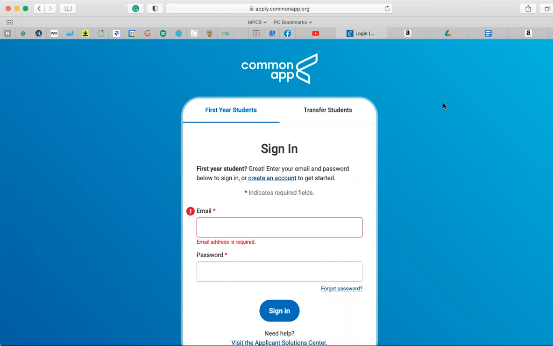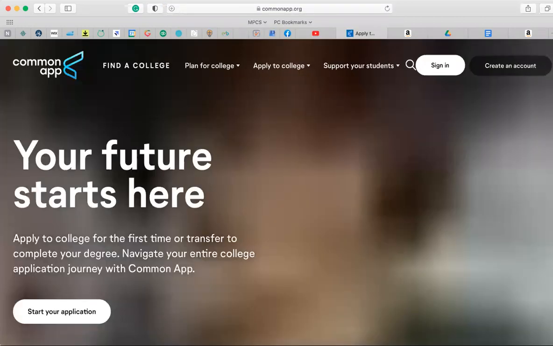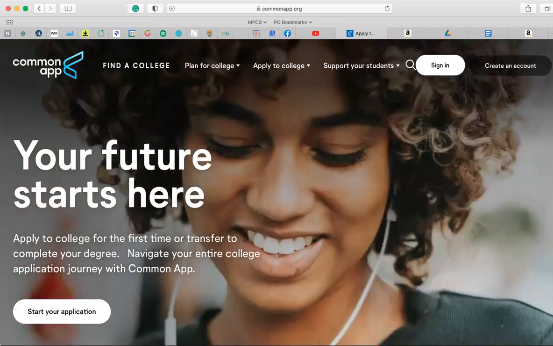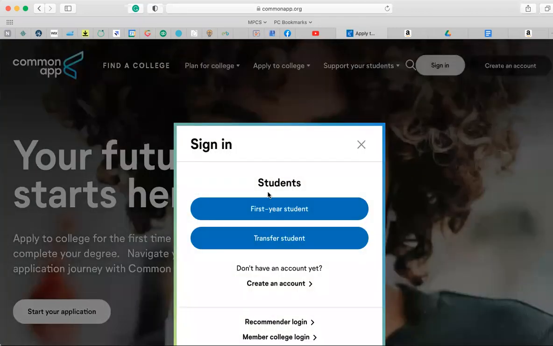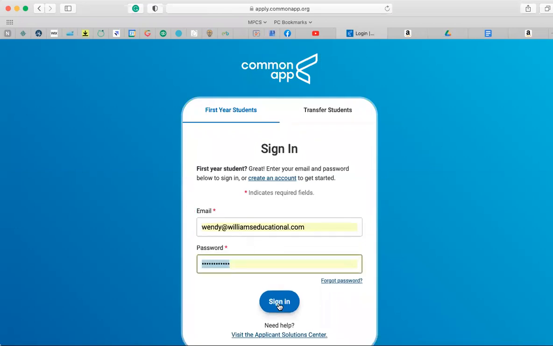I wanted to take a quick second to go over the Common App with you. The first thing that you will want to do is actually go to commonapp.org. And if you do not have an account, which you all should, as it opened August the 1st, you will go ahead and create an account on the right, or if you already have one, you're just simply going to sign in. As a first year student, I'm going to go ahead and do that right now with you, and